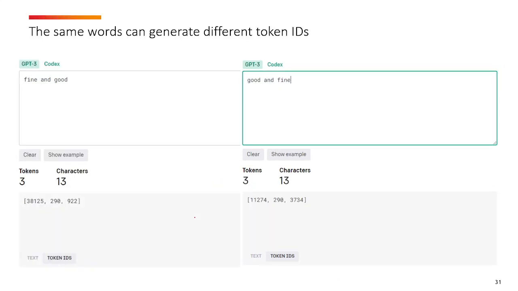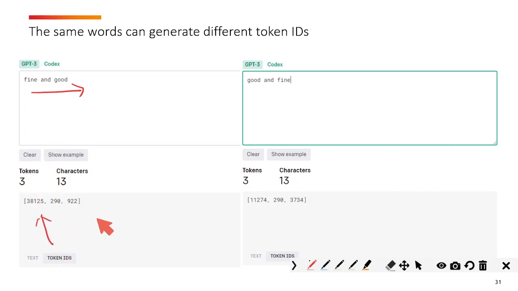So again, the same thing which we are trying to decipher or understand. For example, if we are trying to use the words fine and good, you can see that we have got 3 tokens, and then there are respective token IDs attached to these tokens. At the same time, if we use these keywords, which really look the same to me, good and fine, you can again see that the token IDs that are getting generated with respect to these tokens are completely different. So the probabilistic determination takes into account these numbers or the token IDs, and therefore